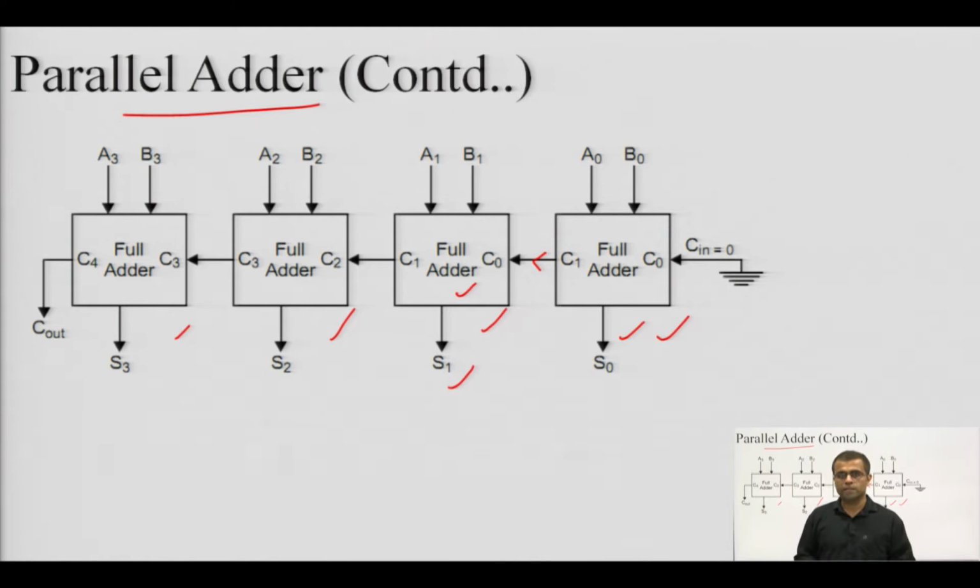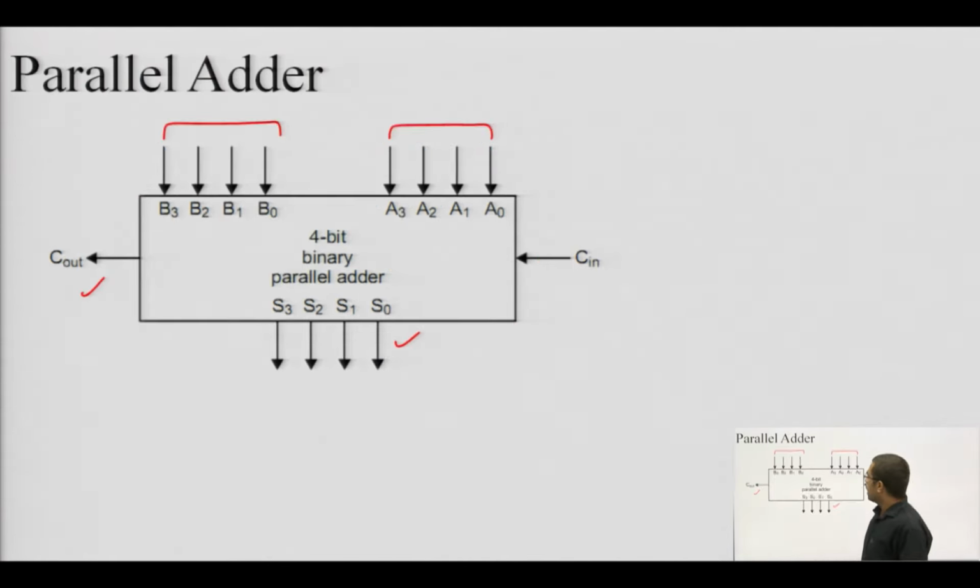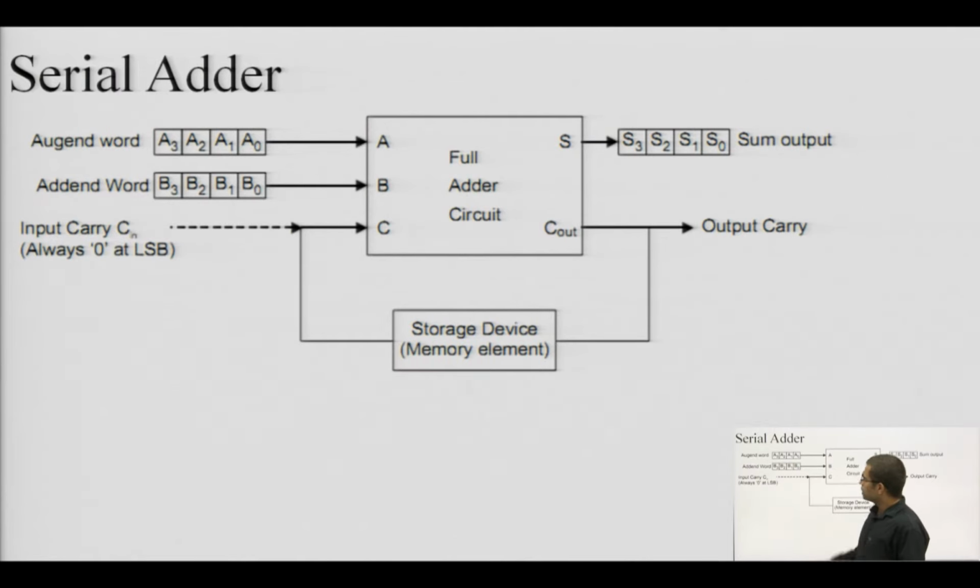There are 3 NOT gates, 4 triple input AND gates and a single input OR gate required for computing the sum part of the full adder. So, it is very difficult to show the component level structure of this 4 bit parallel binary adder. That is why we have shown it in the form of full adders. Okay. So, this is the concept of parallel addition, the parallel adder, and there is a concept of serial adder as well.